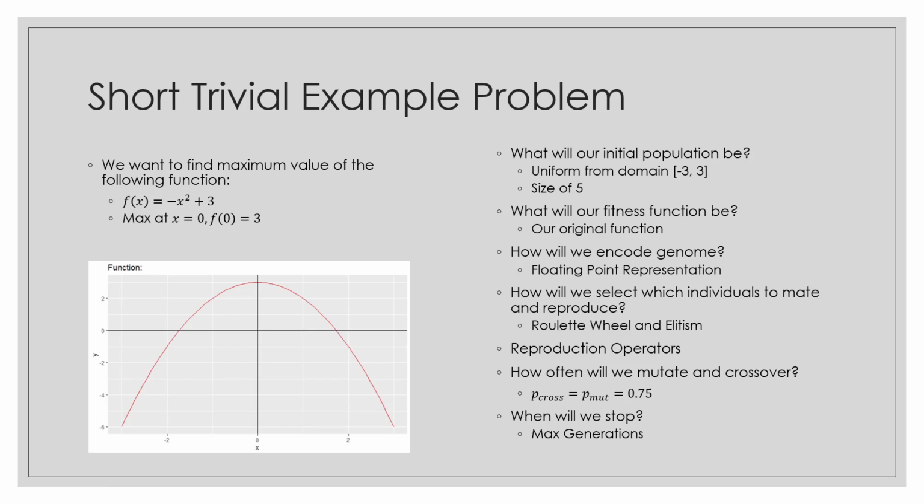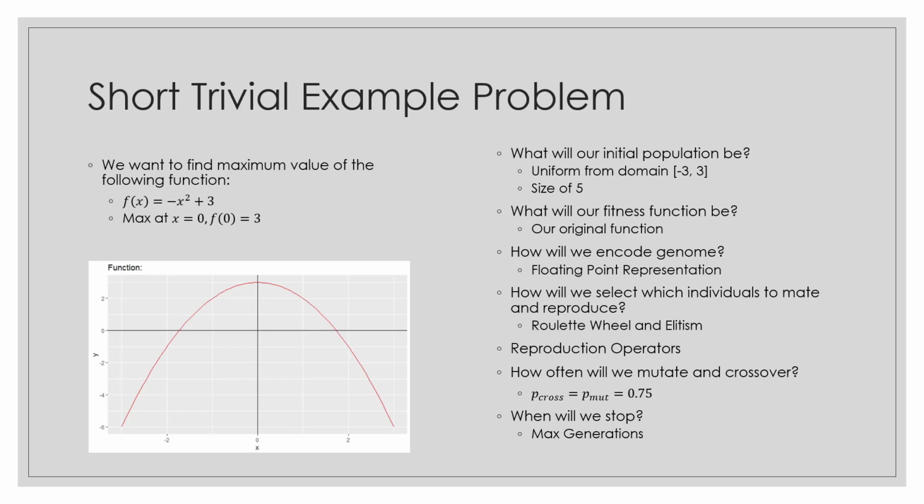How will we encode our chromosome, our genome? Well, we are going to be using floating point representation. How will we select which individuals to mate and reproduce? We will use a combination of roulette wheel and elitism. Now, if you're unfamiliar with these topics, please check out my article, as I gave a very good overview of them in detail. For reproduction operators, we're going to be using namely crossover and mutation,